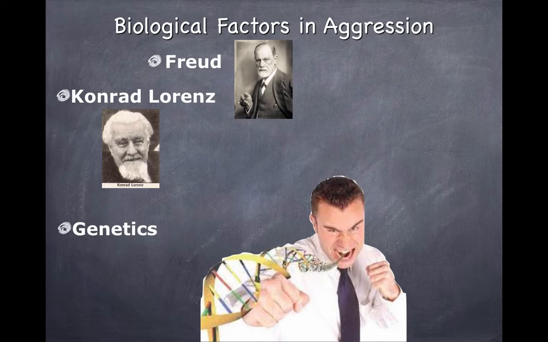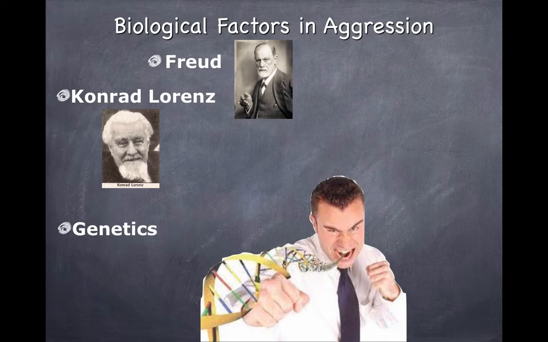The genetic perspective looks at the study of twins, where it estimates heredity is about half, 50%, for aggression and 50% for learning. The link for criminal behavior is also established, where adoptees with criminal biological parents are 4 times more likely to commit crimes than the biological children. Genes may increase sensitivity to models of aggression, that is, to be more receptive to them. Low arousal of the autonomic nervous system is linked to antisocial and violent behavior, where they seek stimulation and excitement and exhibit fearlessness in the face of danger.